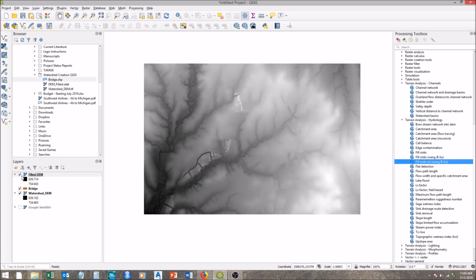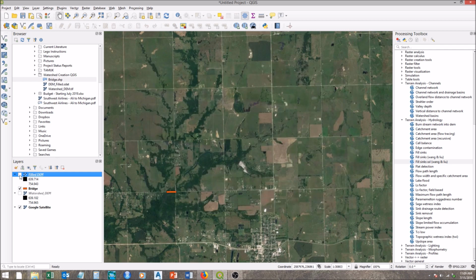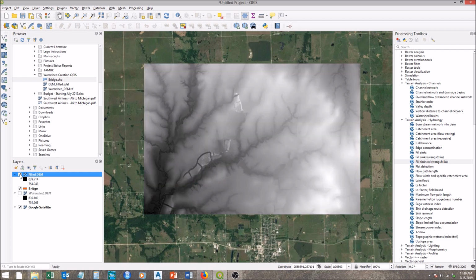Okay, so now we have the filled DEM that's popped up on top, and you can see ideally it should look fairly similar. It has filled in some of these areas here. You can see most of those, if we look at our Google map, are actual lakes and things like that, so that's not going to affect anything really. Okay, and this is the DEM we want to use